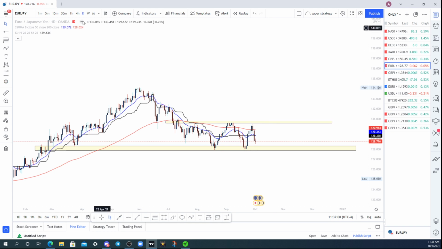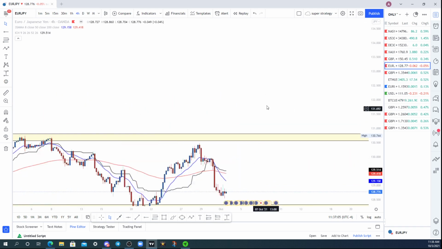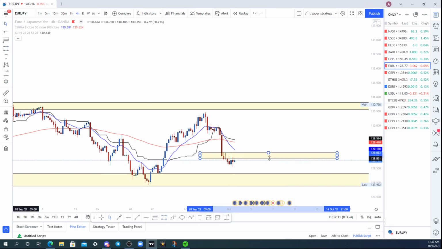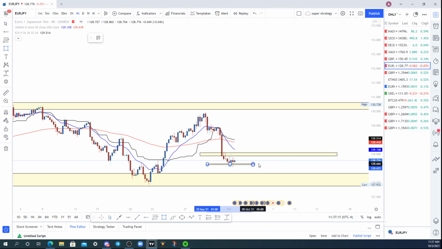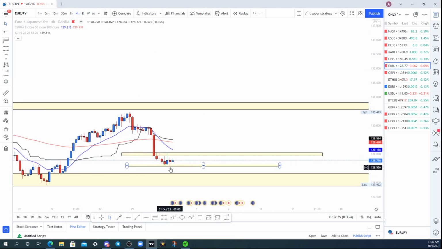Simple stuff. Now we're going to look here at the 4 hour. Clearly we're in a range here on the 4 hour. Clearly we're setting up extremely nice how I like to see it on the 4 hour. So we do need to break these wicks above here. We're going to clean up this zone here on the 1 hour time frame, but this is what I see right here. I am not willing to take shorts, although I do believe that this daily is going to come down and test this level, so we could possibly take some shorts below this low here.